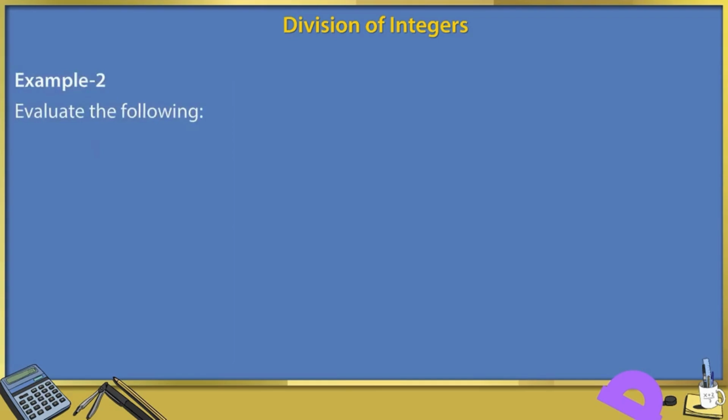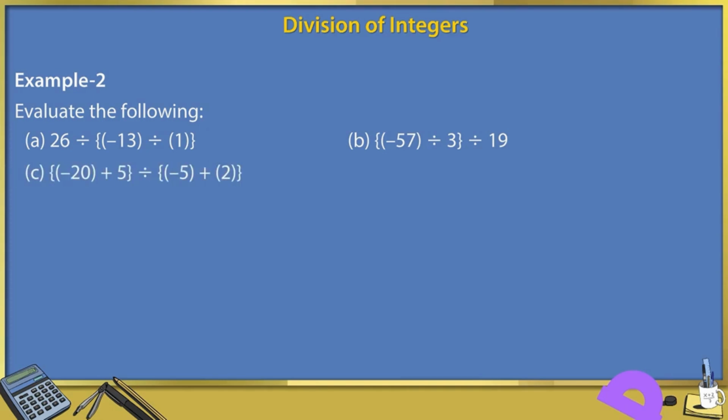Example 2. Evaluate the following. A. 26 divided by (−13) divided by 1. B. (−57) divided by 3 divided by 19. C. (−20 + 5) divided by (−5 + 2). Solution. A. 26 divided by (−13) divided by 1 is equal to 26 divided by (−13), which is equal to −(26 divided by 13),